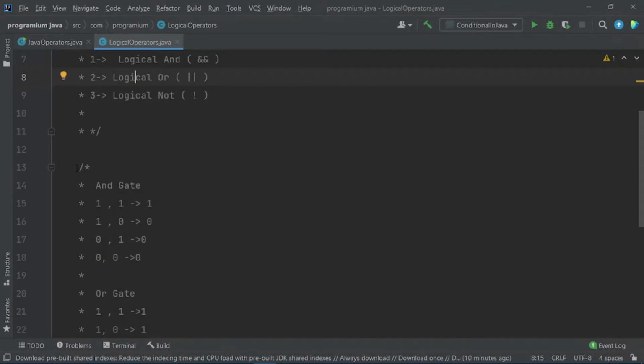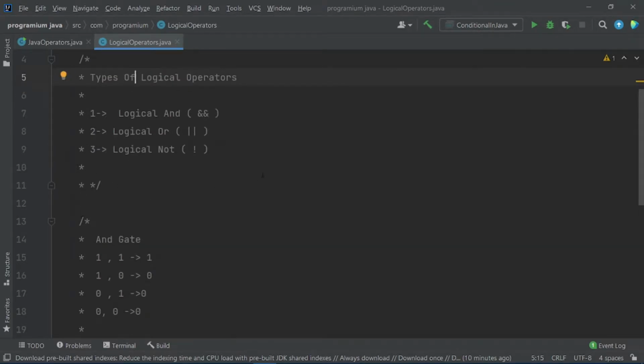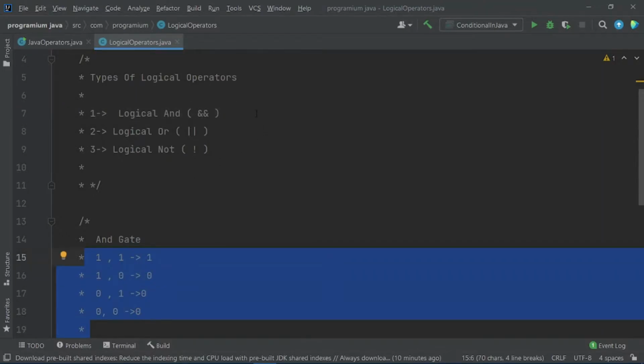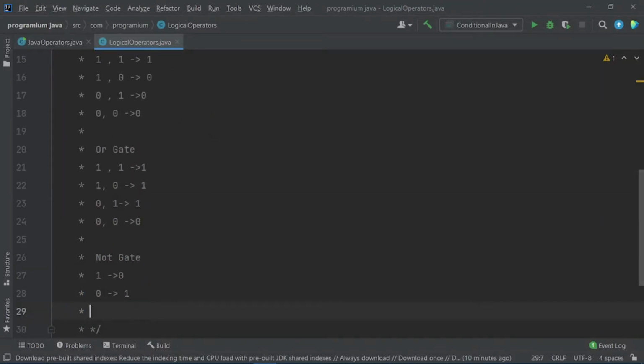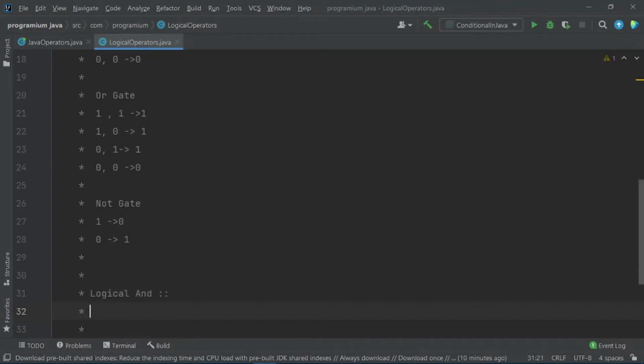So why am I telling you these things here in logical operators? Guys, similar things to the AND gate happen here. Let me put the logic here. I am writing here logical AND, and what does this do? As you know guys, one in computer or binary language means true, and 0 means false.